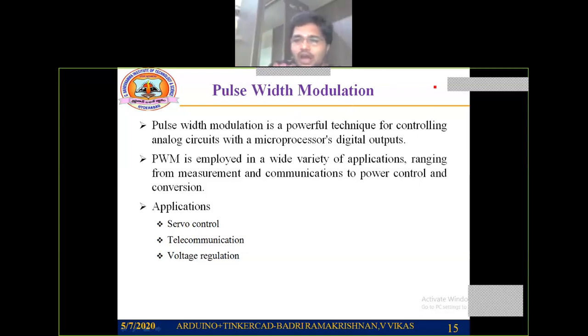So all the members are from electronics background, communication background. So I hope you know what pulse width modulation is. Like, you are going to change the width of a particular pulse. In pulse width modulation, we will also see the corresponding diagram in the next slide. When I consider this particular PWM, we have varieties of applications.